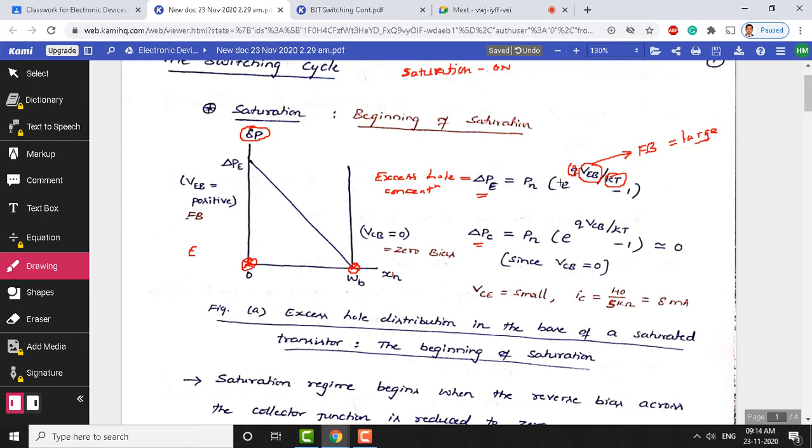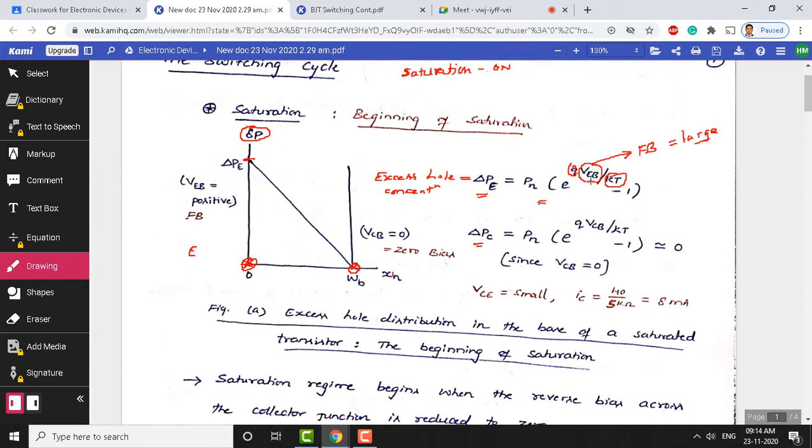So what will happen to e to the power of a large value? It becomes larger still, right? That is what this height is showing you. This is the delta P. There is an excess hole concentration here, because hole injection starts, for a P plus NP transistor, from the emitter to the base. So at the junction of the emitter and the base, you see the excess holes. Lots of holes are residing here, shown as this height. The greater the height, the more holes at the emitter base junction. That is what this equation tells you.